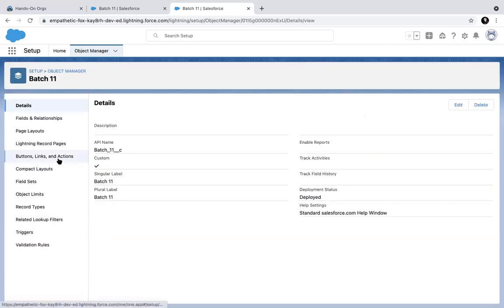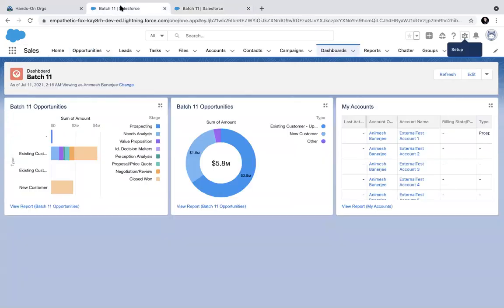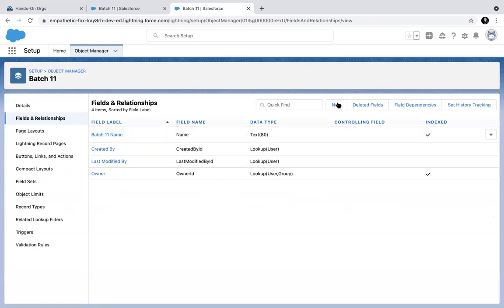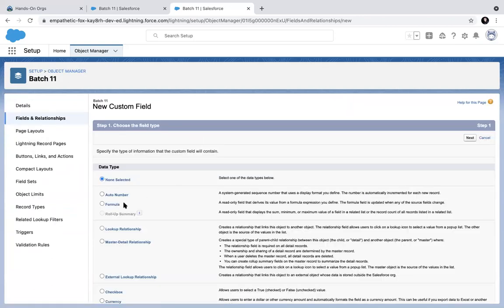I have created it, and let's go and create some fields. Maybe I create an amount field here.